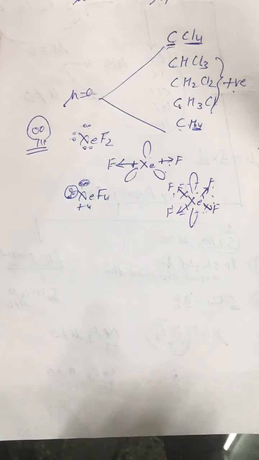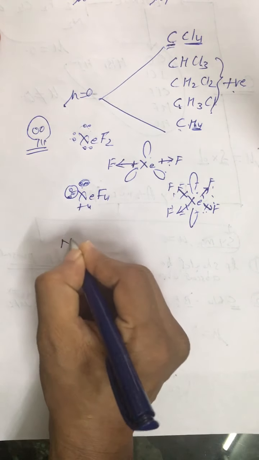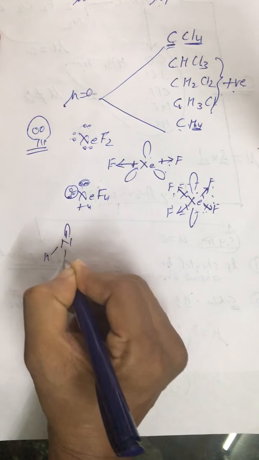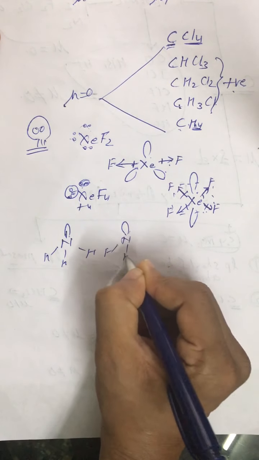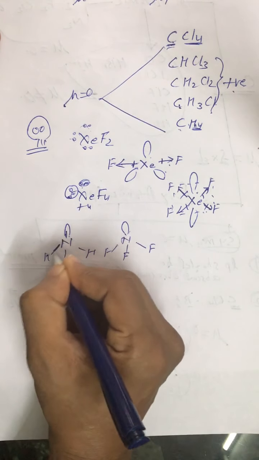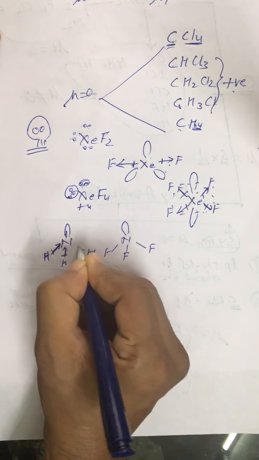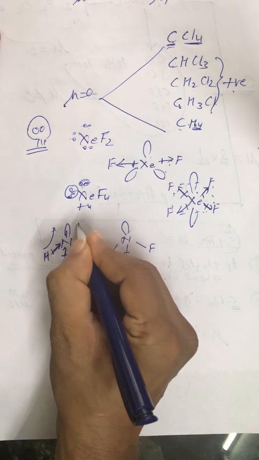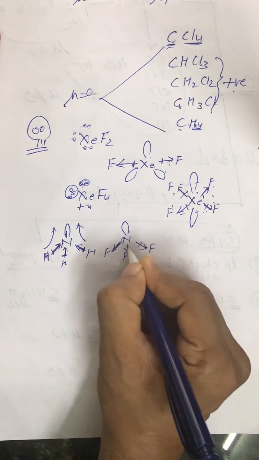The second type of questions normally asked is the comparison. In comparison, you have to draw the structure, like NH3 and NF3. If we have NH3 and NF3, you want to compare. So out of nitrogen and hydrogen, nitrogen is more electronegative. So look at this structure. All the bonds, they are adding up the dipole moment. So dipole moment of NH3 adds up, whereas here dipole moment is cancelled.